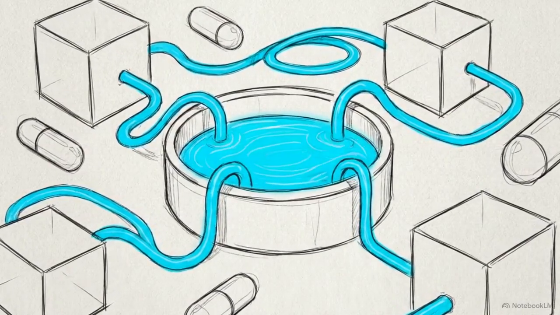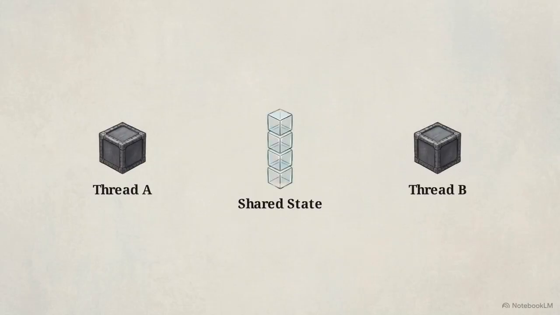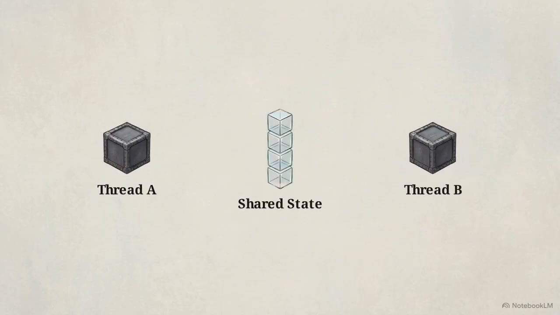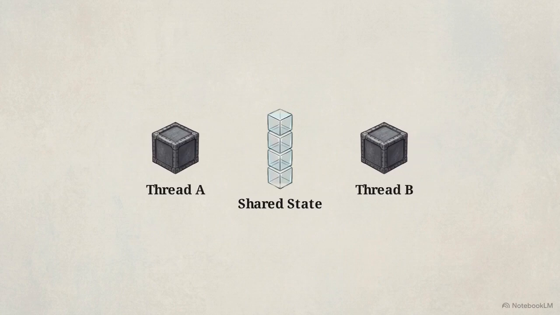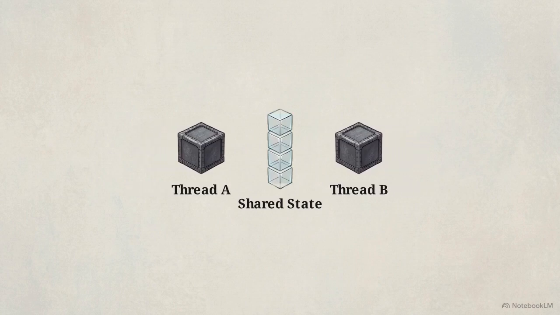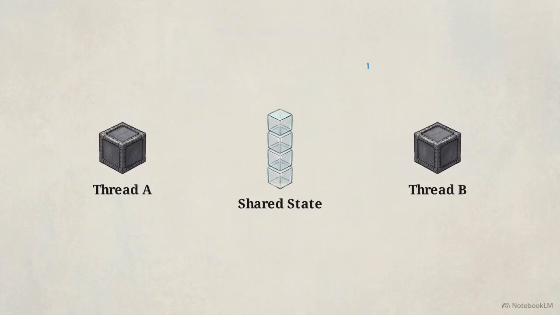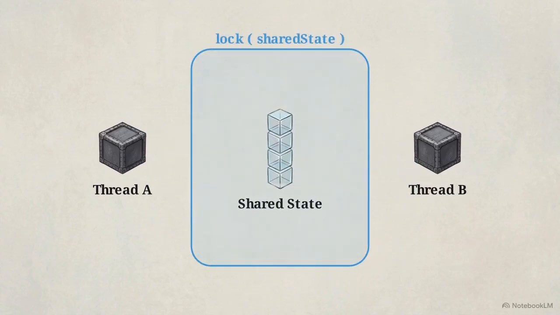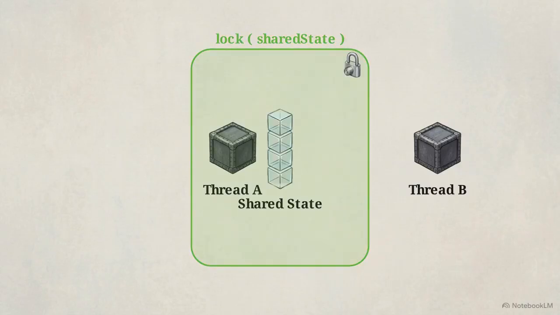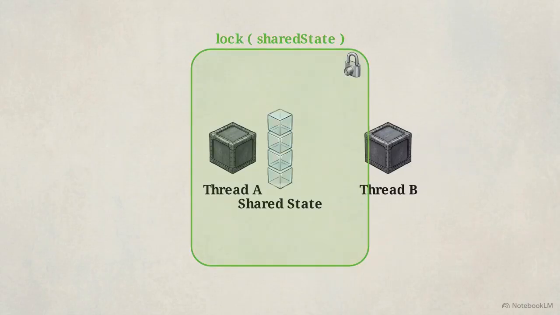single use. Concurrent programming faces a central hazard, the race condition. This occurs when multiple threads attempt to mutate the same shared state simultaneously, resulting in corrupted data. The lock statement and monitor class provide the baseline defense. They create a synchronization block where only one thread can enter at a time, forcing all other threads to pause